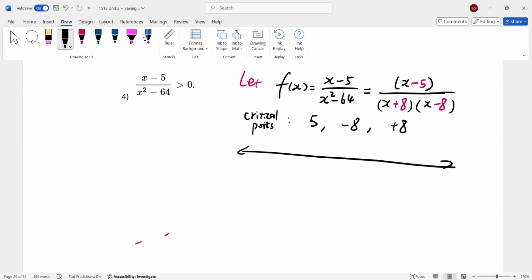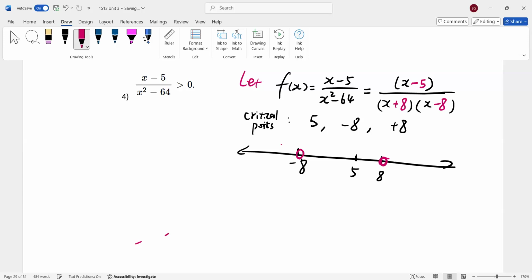anybody can tell me what's the domain, guys? What's the domain of the rational function? Let's say this is negative 8, this is 5, this is 8. What's the domain of the rational function? Not infinity. It is all real except negative 8 and positive 8, right? The function is undefined at negative 8 and positive 8. So the domain is all real except those 2 points, because those 2 points would make the denominator 0,